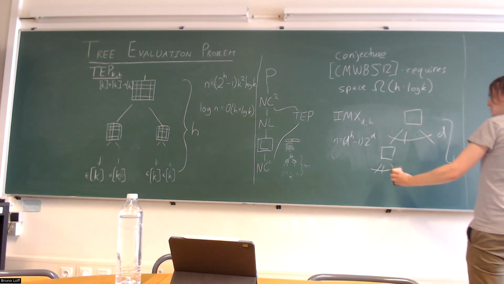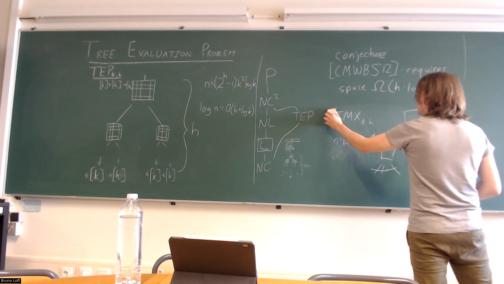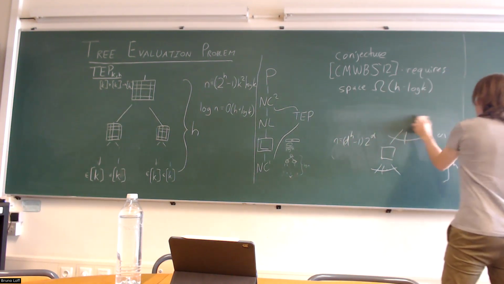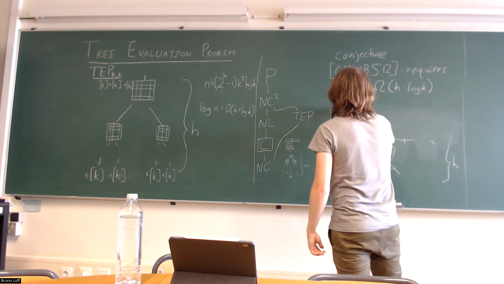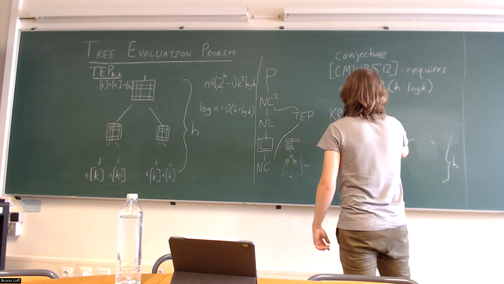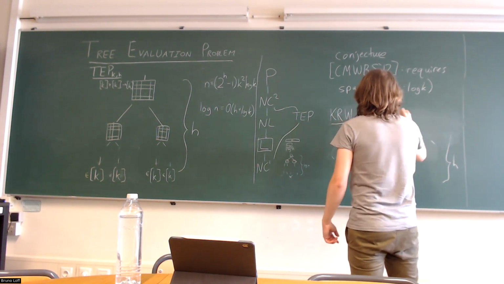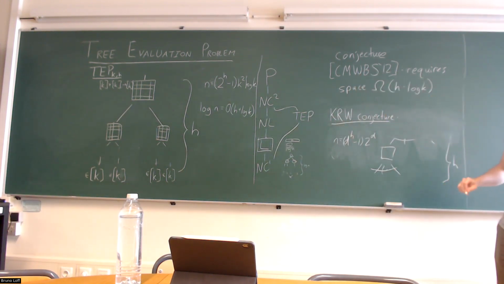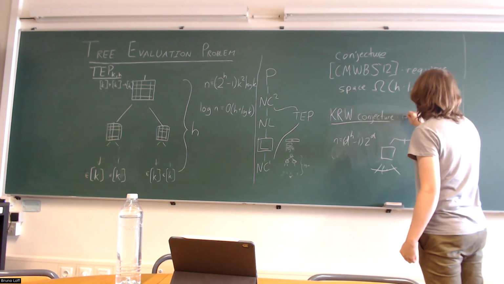There is something called the KRW conjecture, named for Karchmer, Raz, and Wigderson, which says that the iterated multiplexer version requires